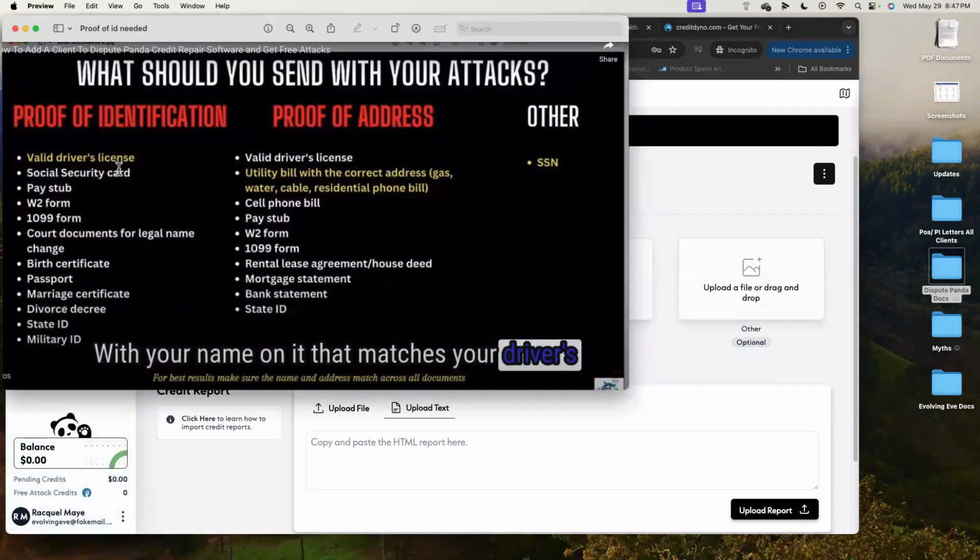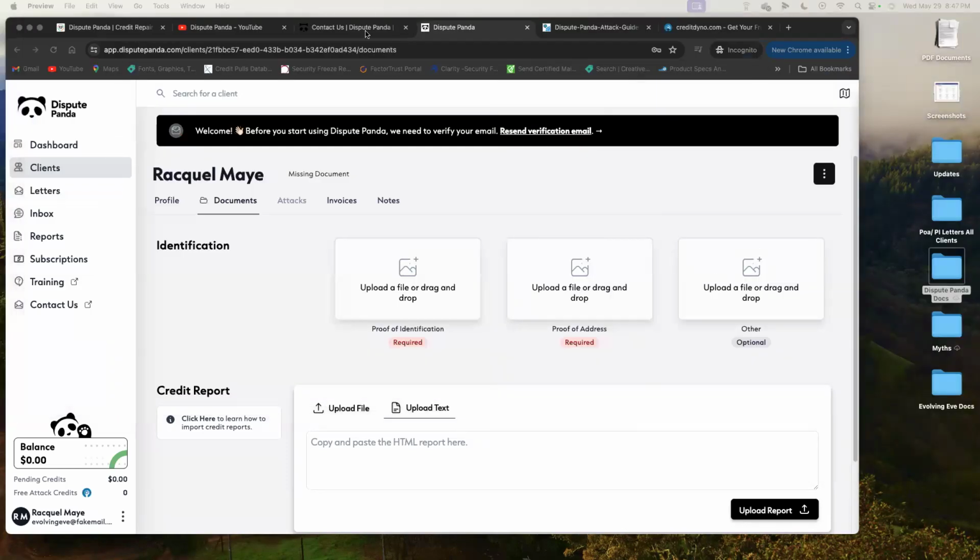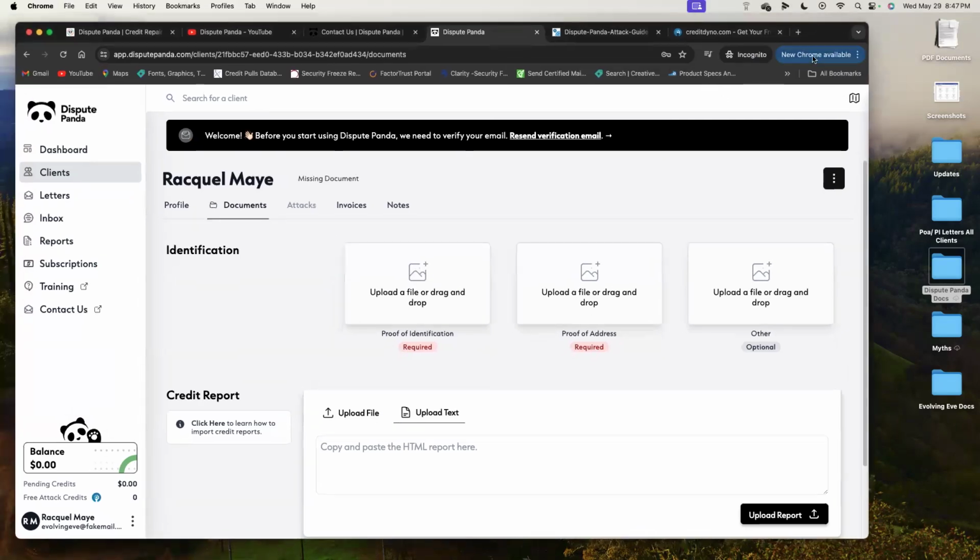Now, proof of ID. Raquel, could you share your screen so I can follow along? My screen is being shared. You guys can't see my screen? I can see it all right. Okay. Chaz. Okay, Oscar said he can see. Smith said he can see. Are you on your phone or on a laptop? Laptop.